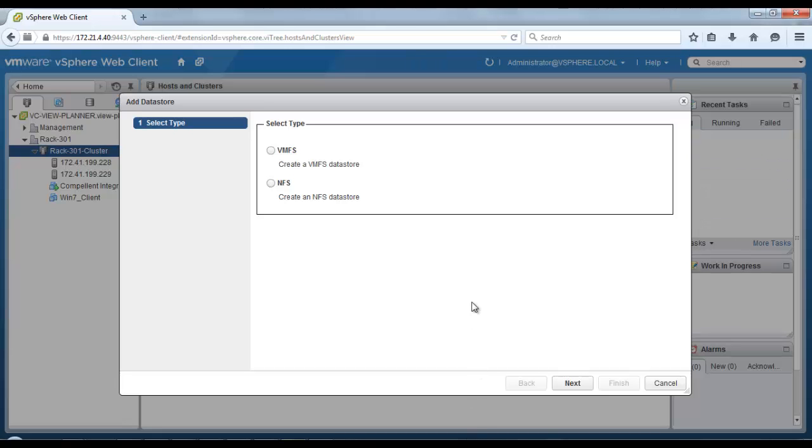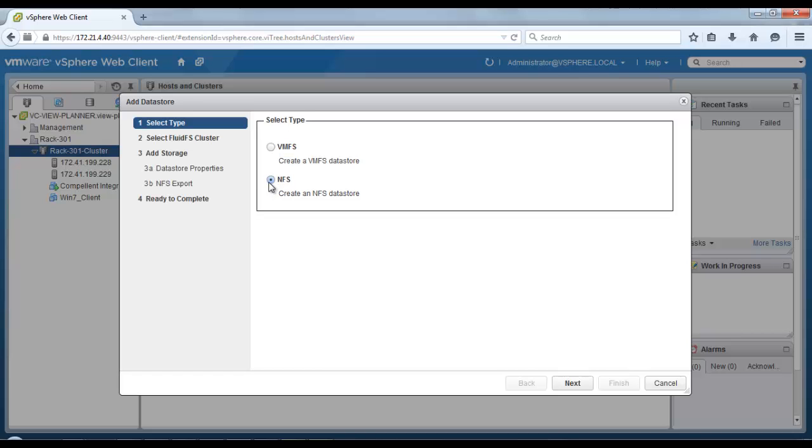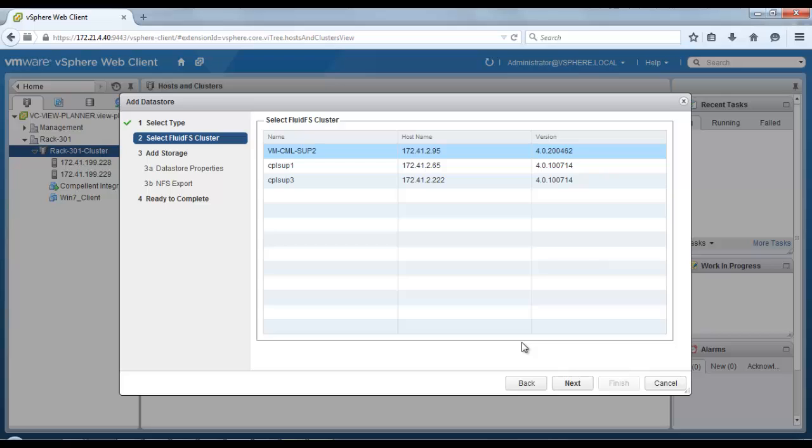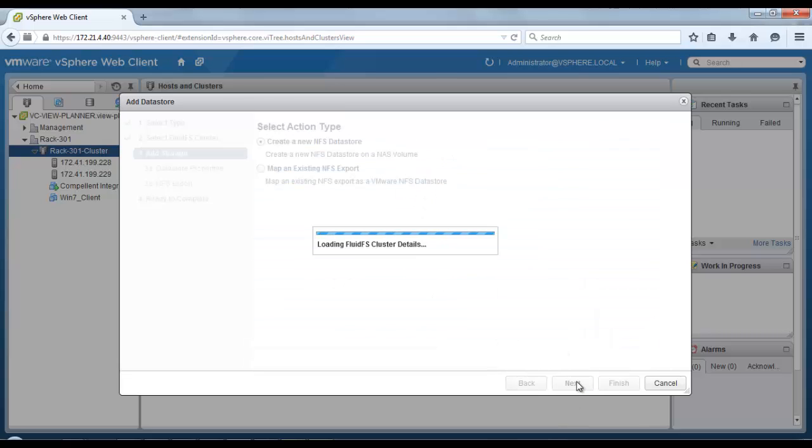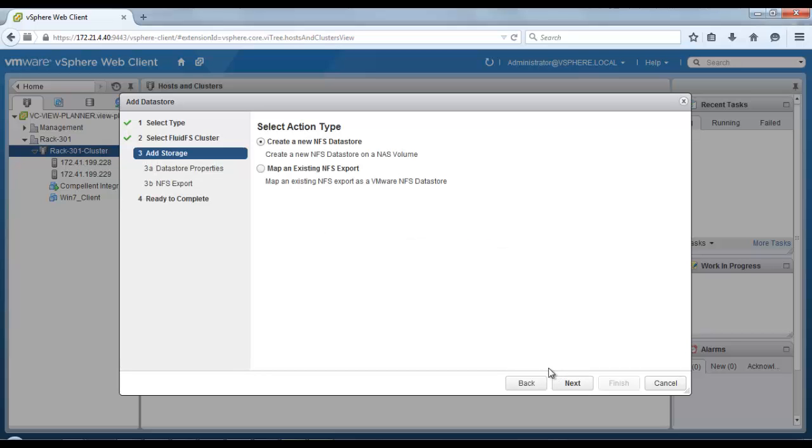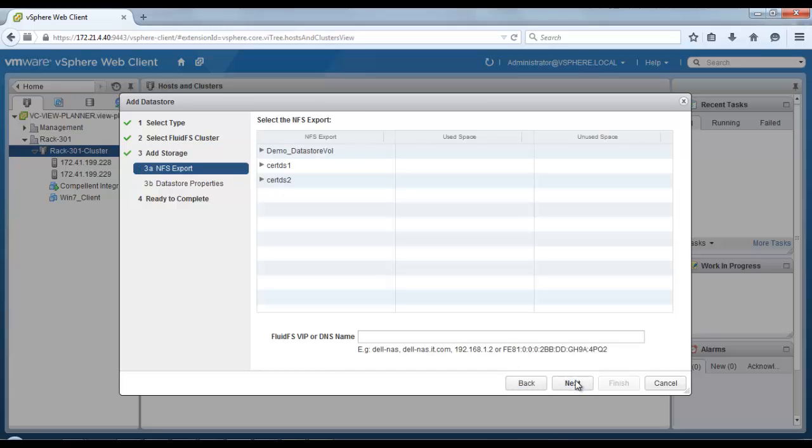We can use the plugin to add VMFS and NFS data stores from a single interface. When we choose NFS, the plugin presents the list of FluidFS clusters available in Enterprise Manager. There are two main action types. Either we choose to map an existing export, and then we get a list of the existing exports in the FluidFS cluster NAS volumes,